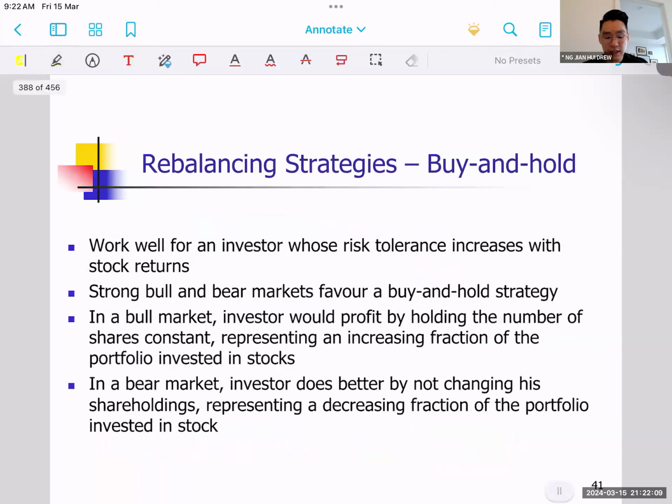Okay, no questions. So when would this portfolio strategy or rebalancing strategy work? The rebalancing strategy would work well for investors whose risk tolerance increases with the stock. Yes, for M, it's only for two elements. Yes, that's right. So in all our rebalancing strategy, we are going to only discuss two elements because that's the